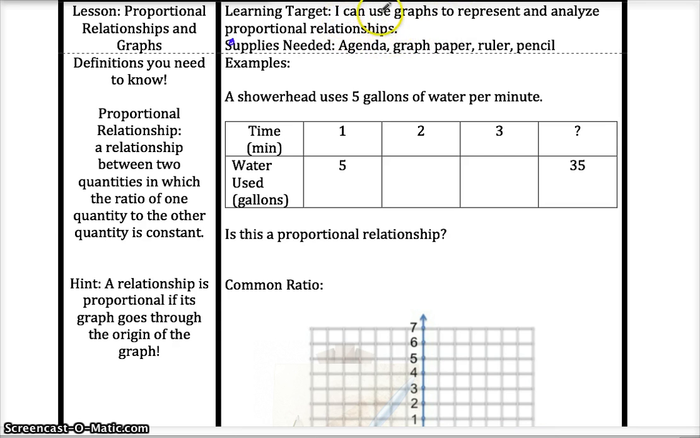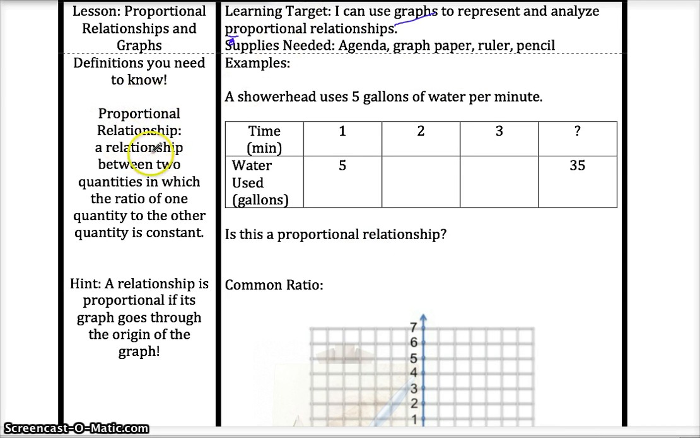So you're going to write, I can use graphs to represent and analyze proportional relationships. Okay, and if you don't want to write that full sentence, you can just say graphing proportional relationships. All right, so then once you have that in, we are going to review one more time the definition